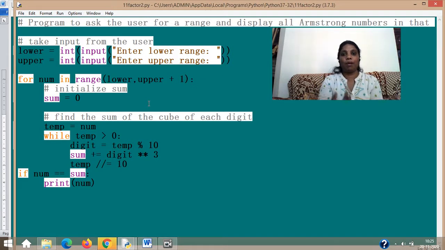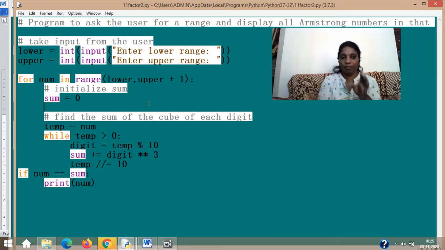So this time I am asking the user for the range, from where to where. The question in the assignment was from 1 to 1000 if I am not wrong, or 1 to 100, whichever way. So this time the upper limit and the lower limit are asked. Which number to which number? If you don't want the upper limit or lower limit, you can change it and just put 1 comma 100 inside our range. So, starting with the for loop this time: for num in range lower comma upper plus 1, which means it iterates this many times.